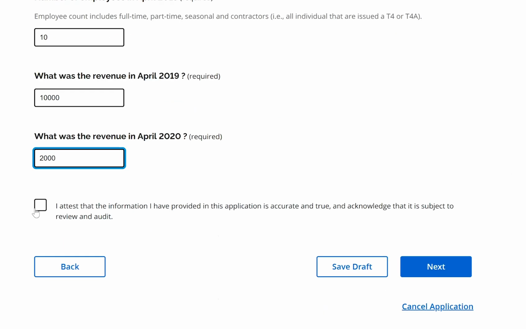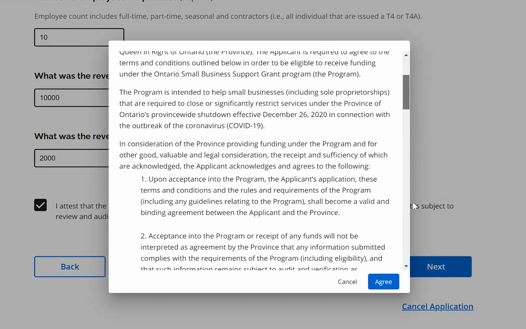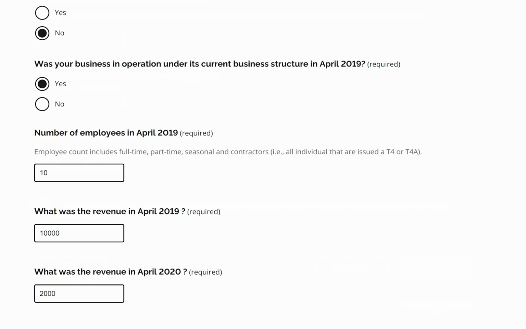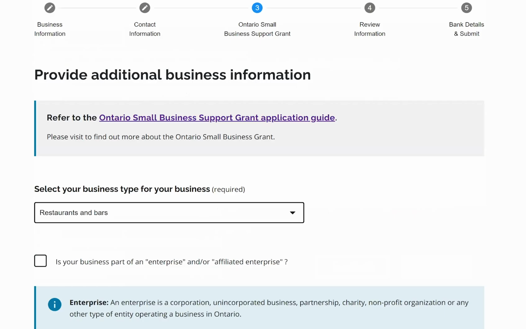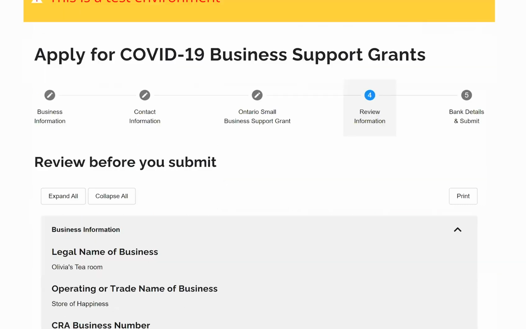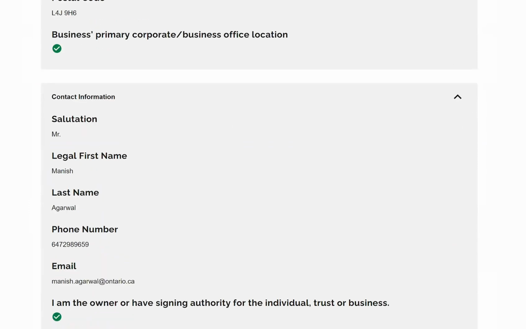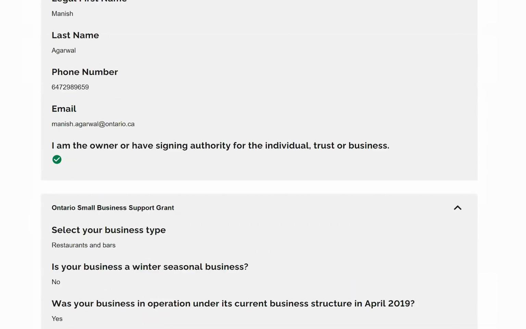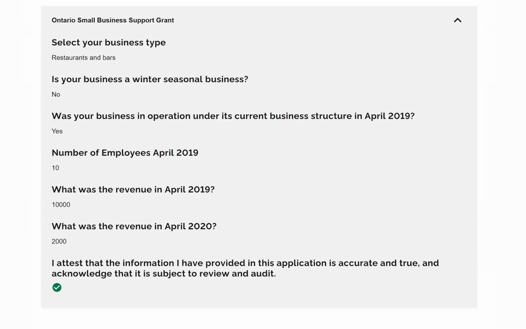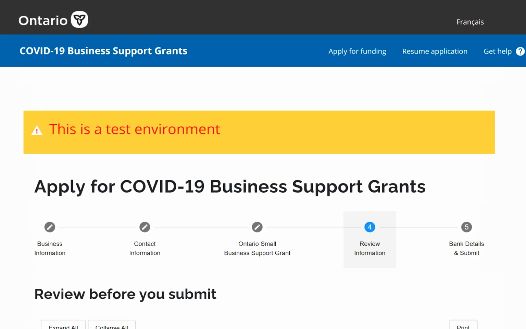Then I attest that the information I'm providing is all good. I go through the terms and conditions, say agree. So I have now provided information with respect to this program. I'll say next. Now here I can review all the information I have provided, the business information, the contact information, sorry, the information related to the Ontario Small Business Support Grant. So all the information has been provided. It all looks good. I can go to the next step,